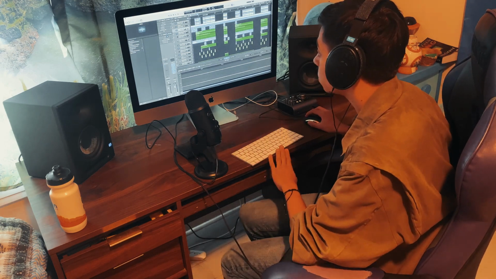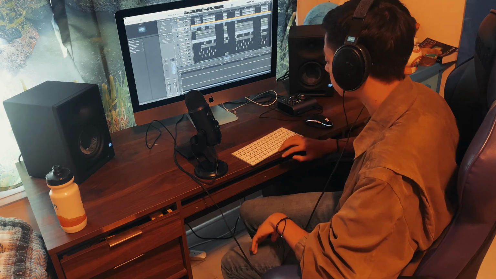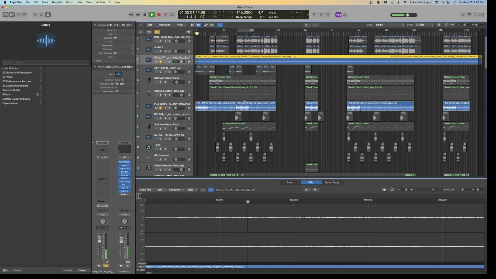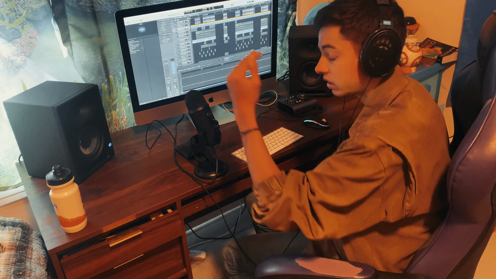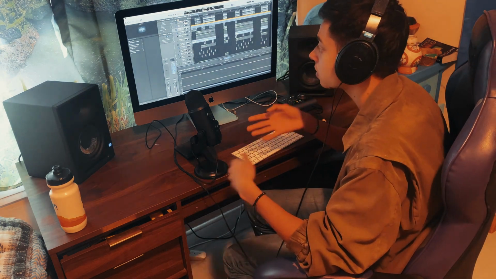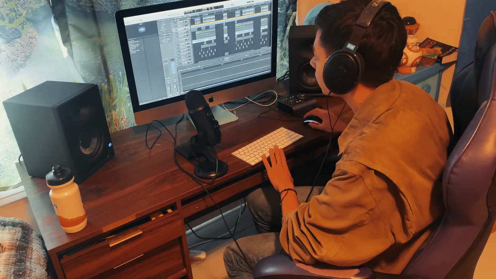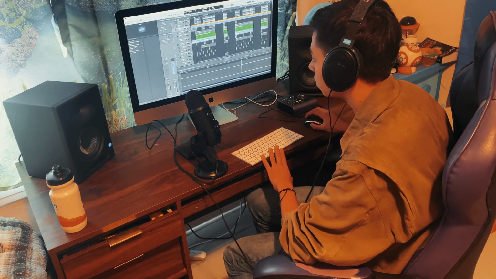Now, of course, Rise wouldn't be Rise without the ambience layer. So I have two ambiences here. And these are several different layers. We have the melodic ambience, we have the rain sounds, we have some background elements. Of course, we have the melodic pads. And then down here, we have another pad that comes in during the intro,